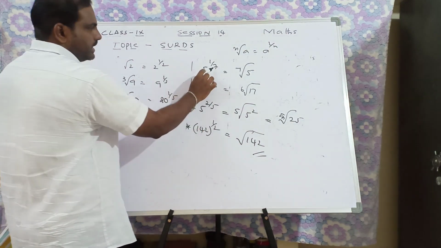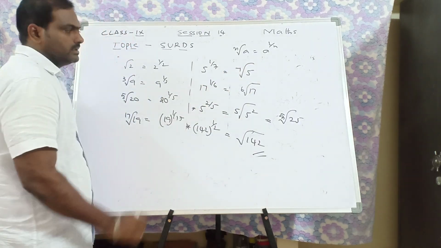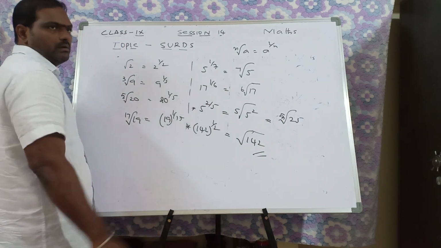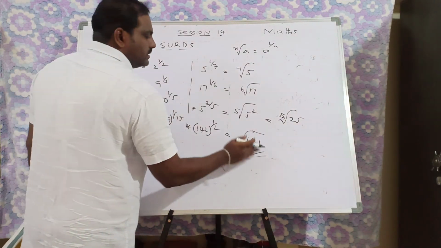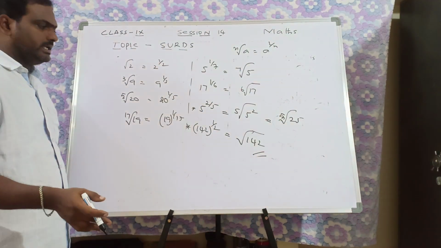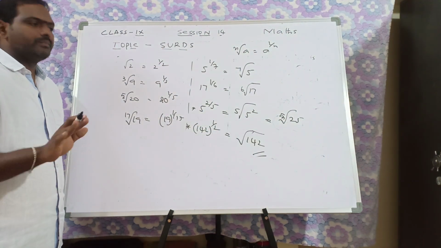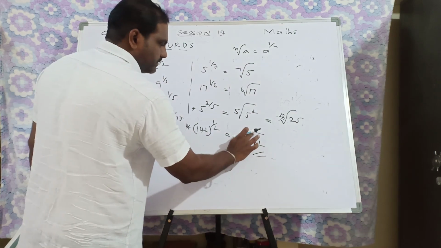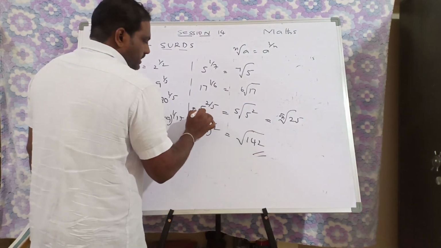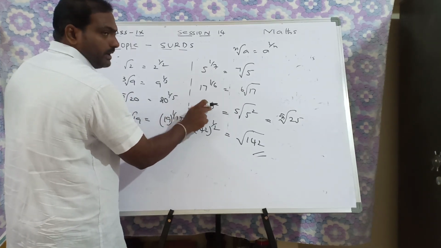In general, all the students will write 7th root here, 5 root they will write, 6th root. Here also they will write 2 root of 1 by 2. That is wrong. No need to write like that. We have to write only this one, square root. If you are at an initial stage, you can write like that, but the original way we have to write it is square root of 142 only. Got it? So this is the important example, 5 power 2 by 5.